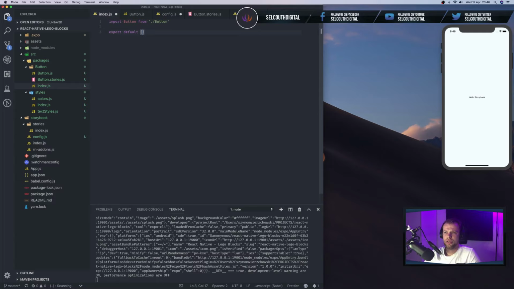No, I'm actually wrong. Let me think. There is a reason why I'm doing this. So I want the pattern to be actually called the pattern. So the index for this particular package,